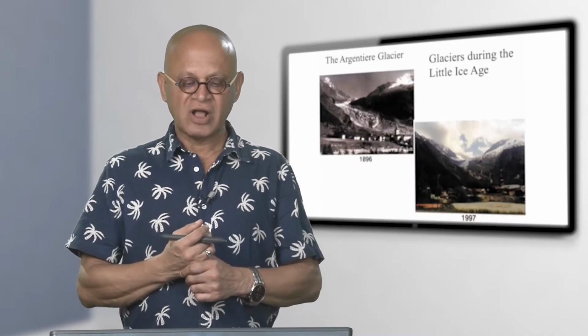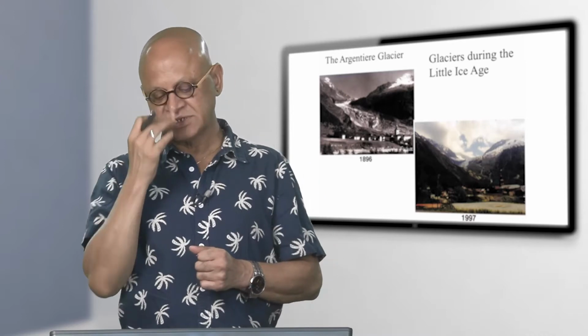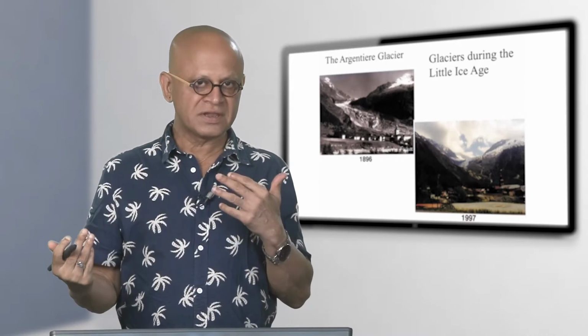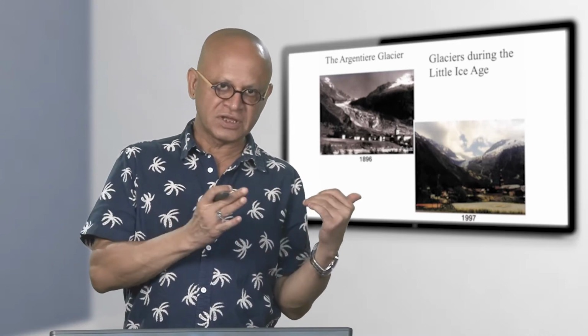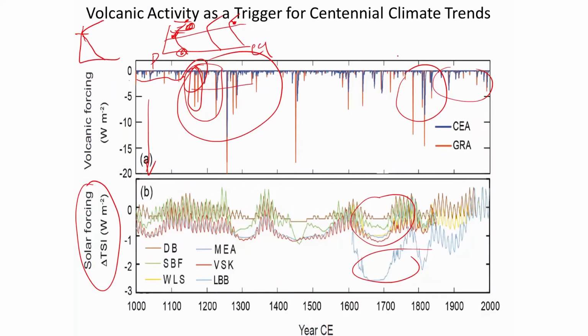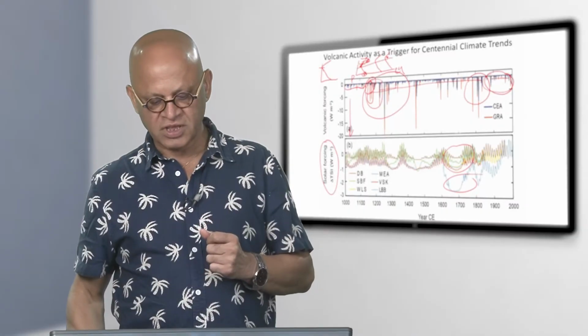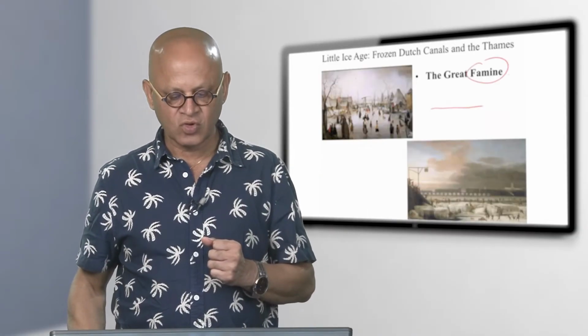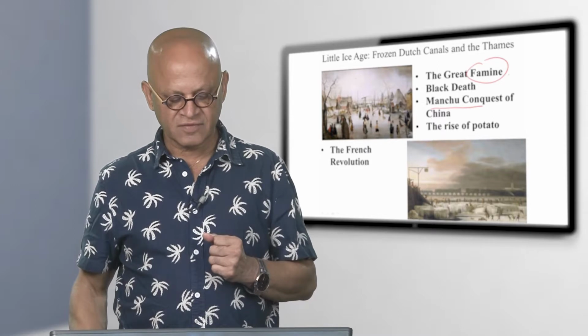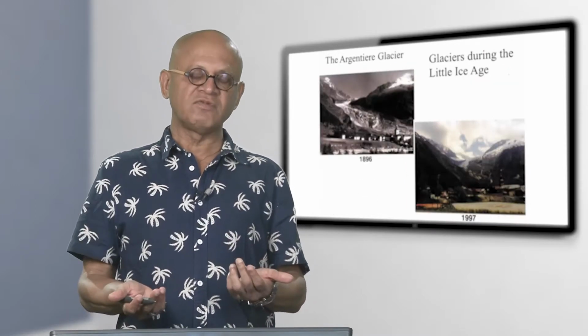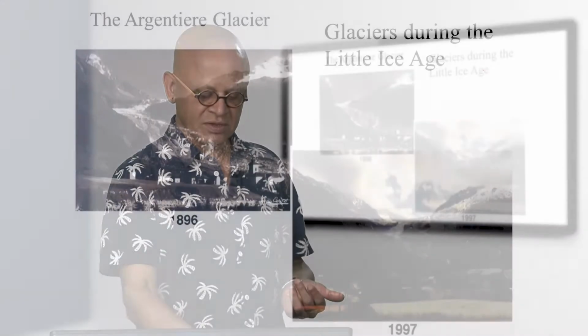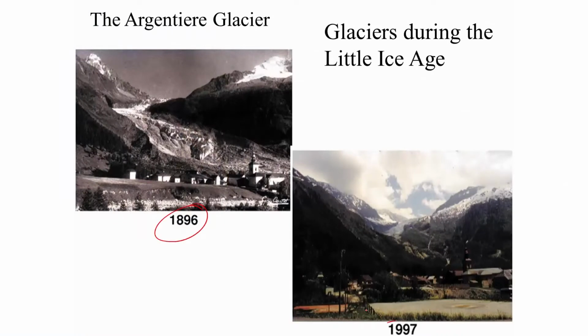So how did we come out of the Little Ice Age? This is related to two things. One, the volcanic forcing seems to have died down, so there is a quietening off. So looks like there is a bit more volcanic activity here than here or here. That could be a contribution. But the other more interesting theory, of course, is that the industrial revolution and global warming started around the same time.